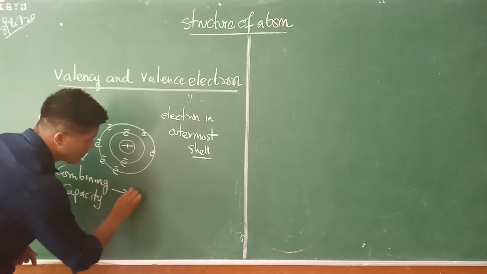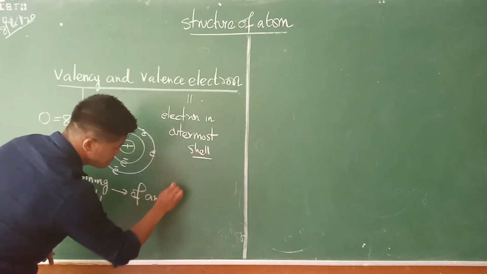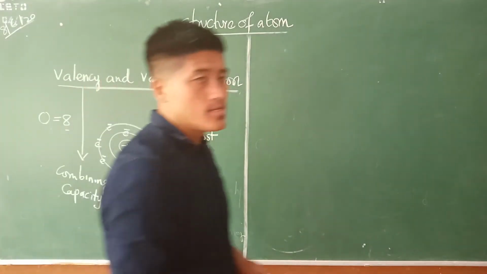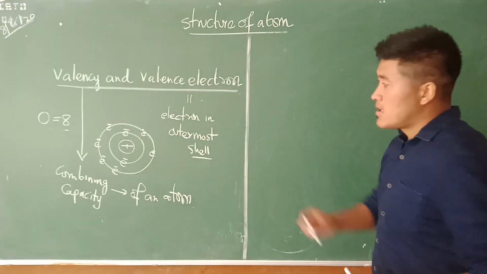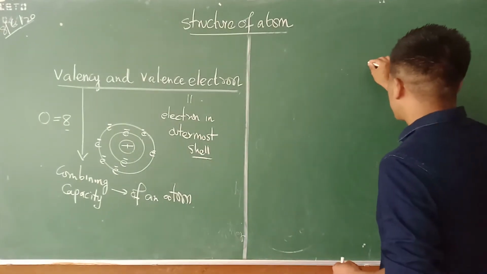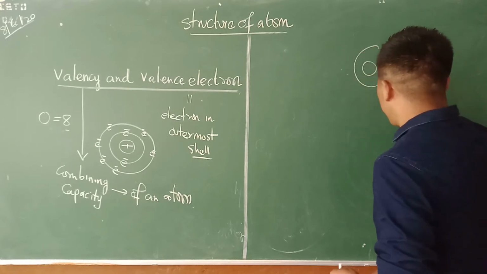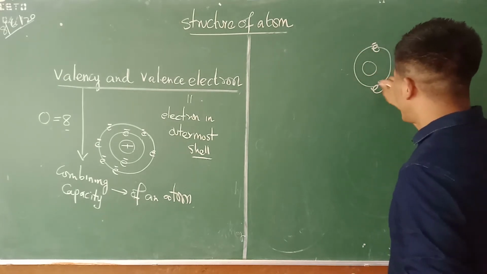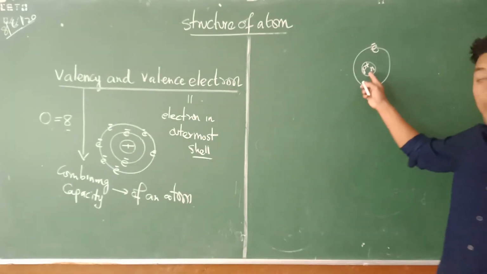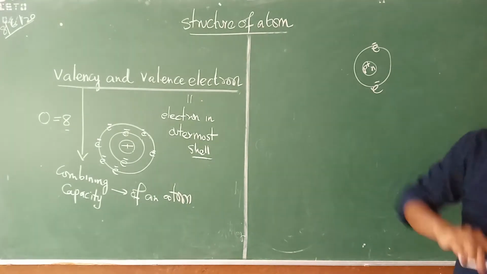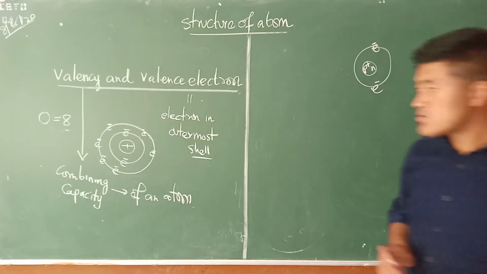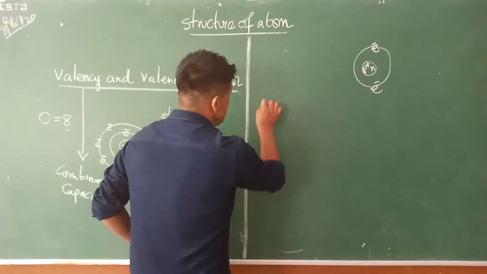Combining capacity of an atom here. Is that clear? Okay. So now, when we were talking about the Bohr's model of the atom yesterday, there is an electron, and at the center there are proton and neutron, with electrons revolving around the proton and neutron. Is that clear? Okay. So now there are some things here, like